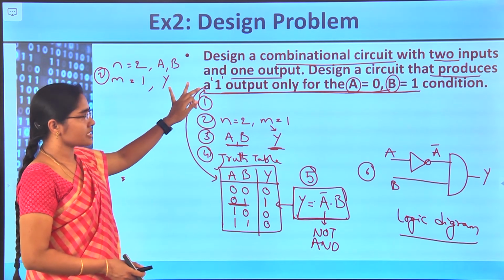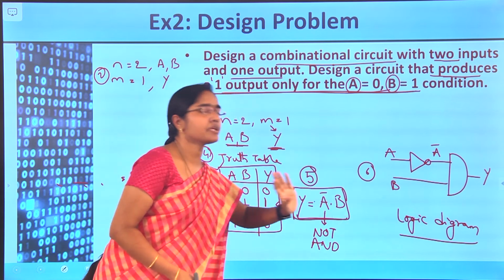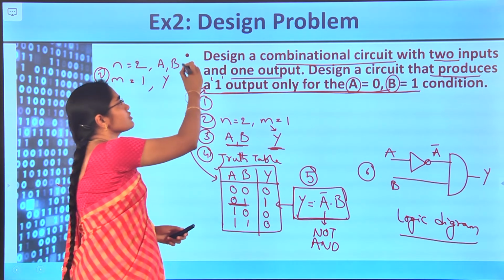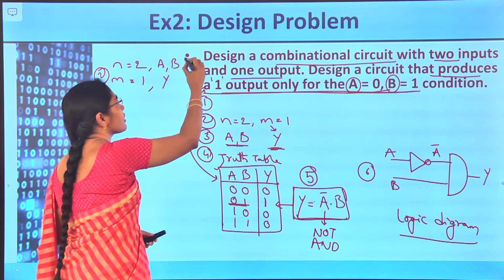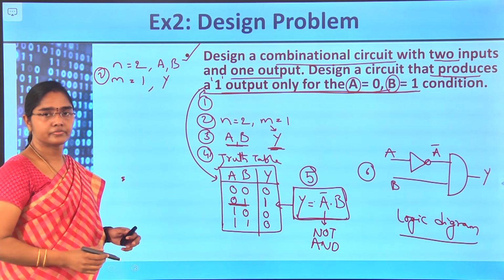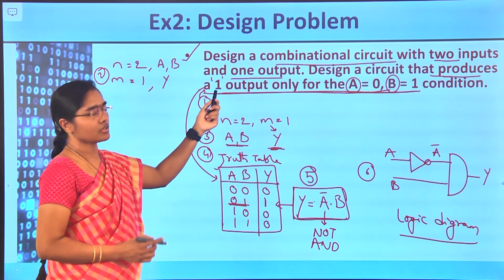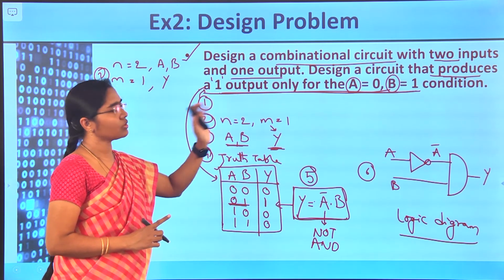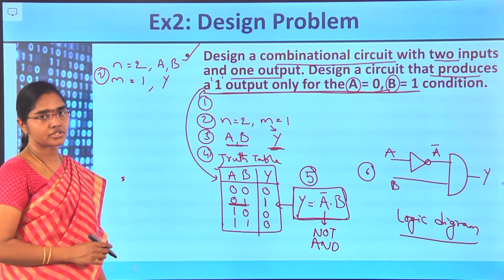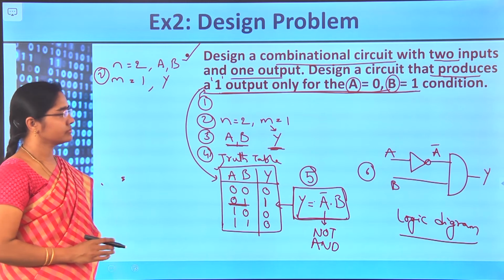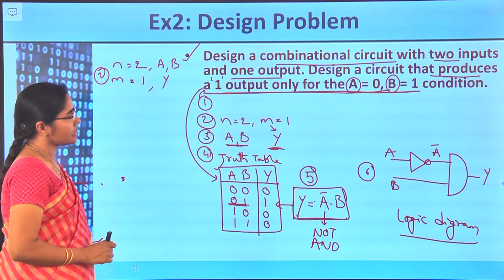So, the first step is the statement and the last step is the logic diagram. This is the design solution for this design problem of a circuit that produces one output only for A0 and B1 combination, that is simply A bar and B. Okay. Next, we will see another example,